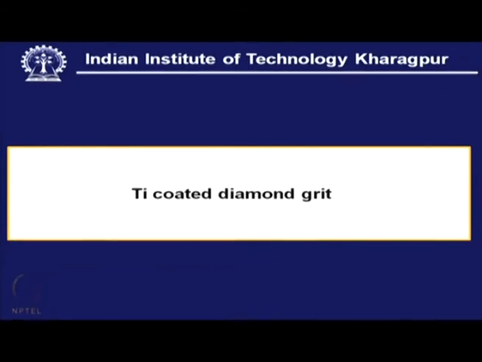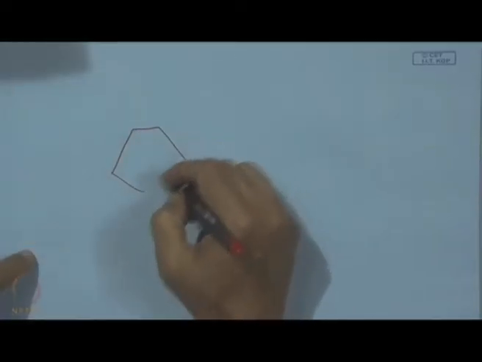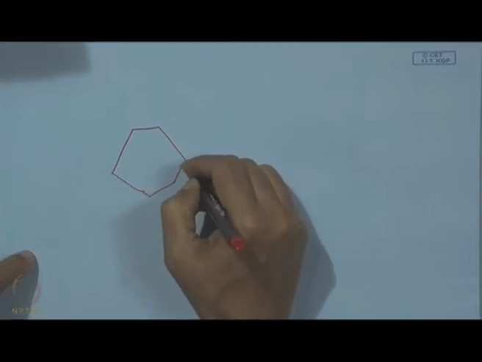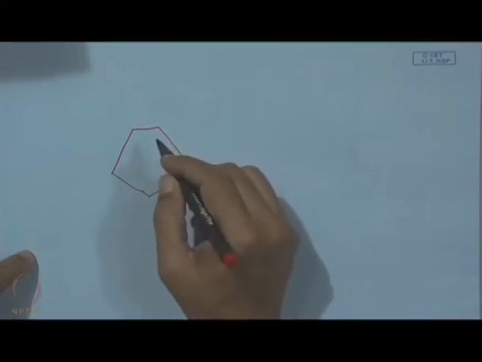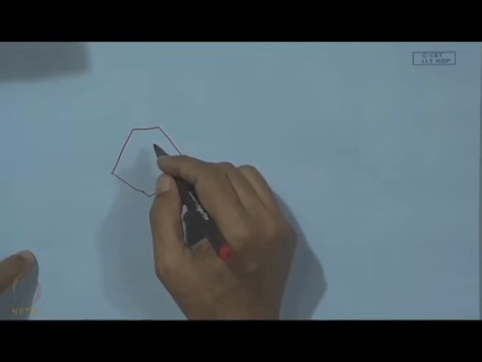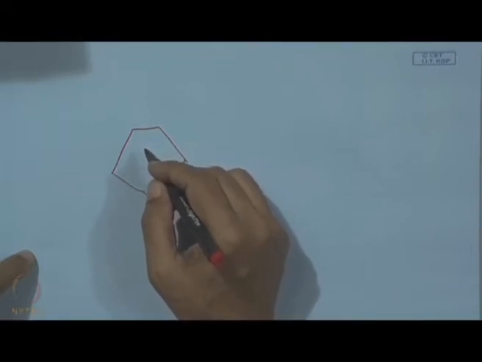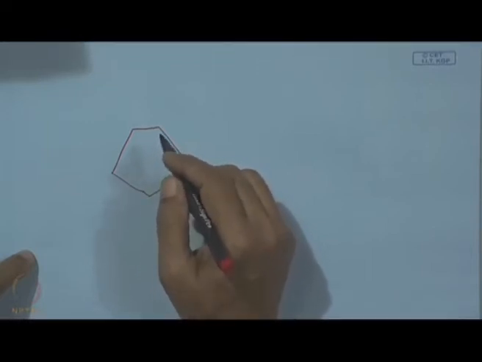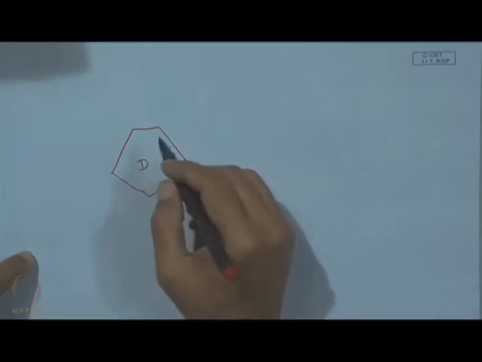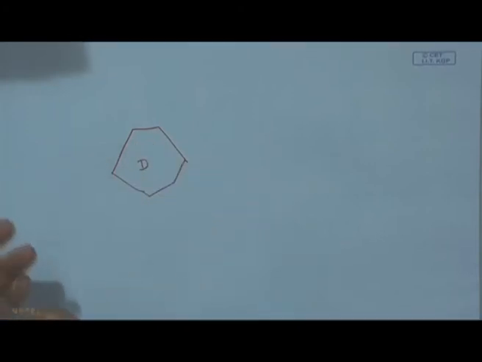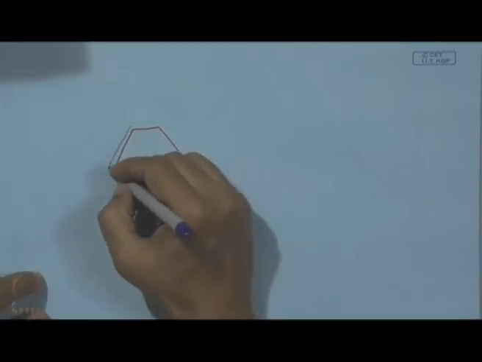We can also have titanium coated diamond grit. In this case, what we see is a diamond grit, of course, the strongest grit we have seen. This is the blocky, very strong grit, meant for very challenging grinding tasks using diamond. So, here this is diamond, and the outside surface is coated with titanium, a coating of titanium,